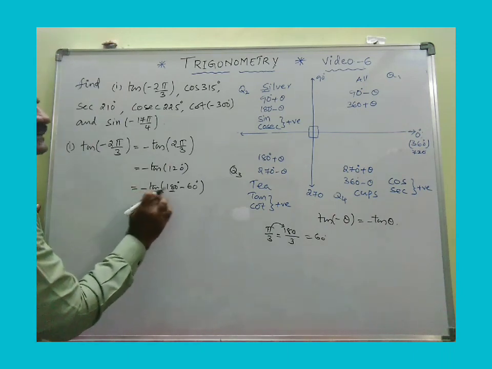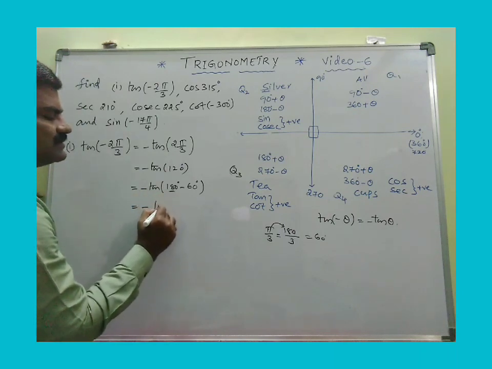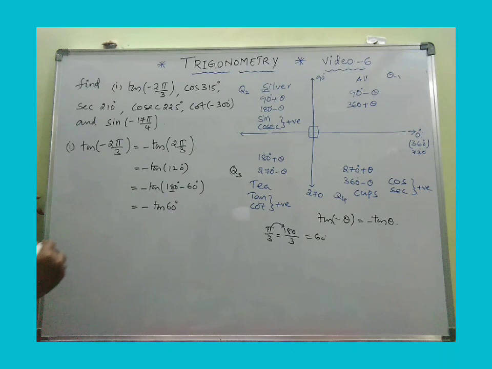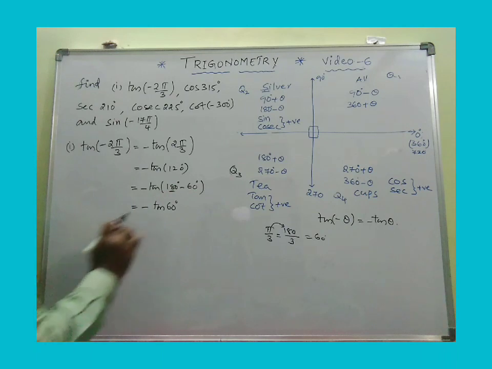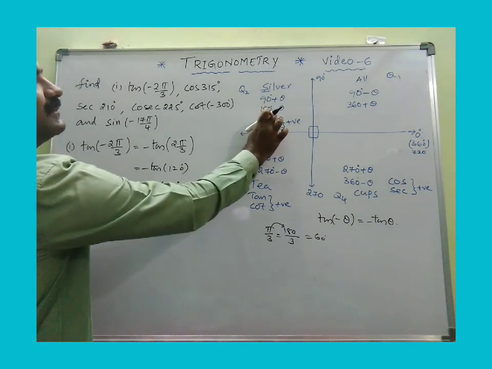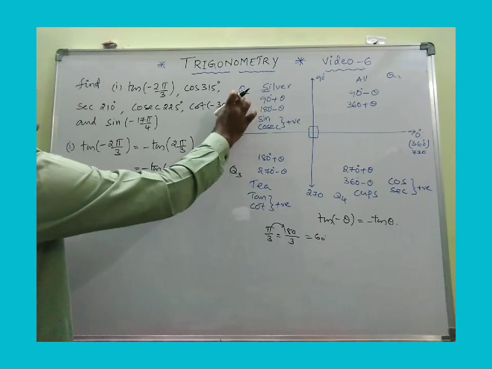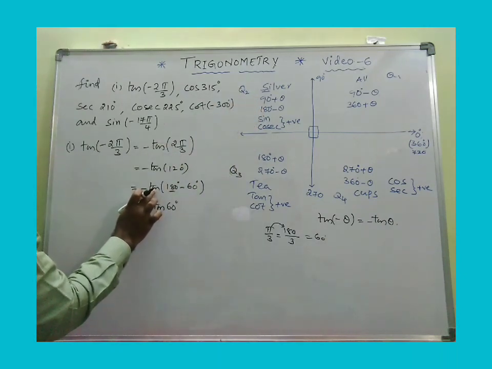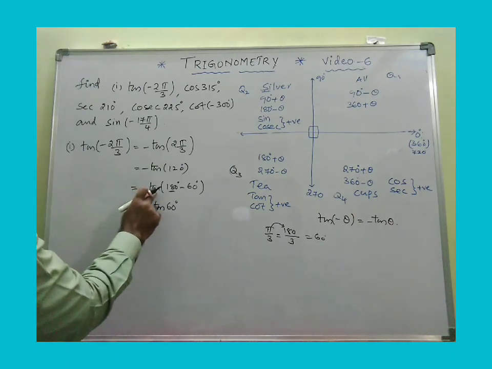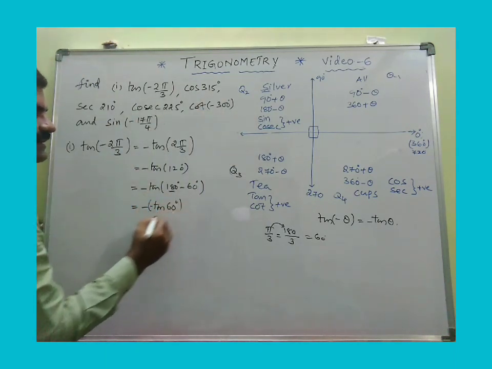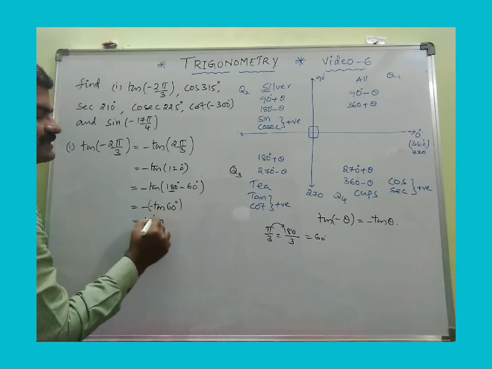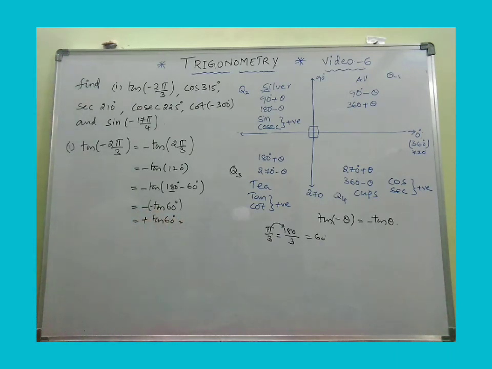Question number 1, does the trigonometric ratio change or not? Strictly there is no change, so it is tan 60 degrees. Next, question number 2, which quadrant does this belong to? This is just like 180 minus theta, which is the second quadrant. In the second quadrant, you should see the original one, not this one; this is the original one, the parent. Tan is negative in the second quadrant, hence minus of minus tan 60. So minus of minus is nothing but plus tan 60, and you know the value of tan 60 degrees: root 3.